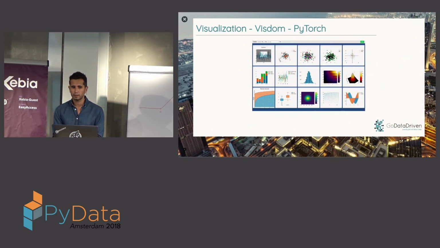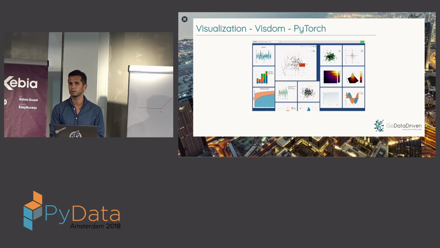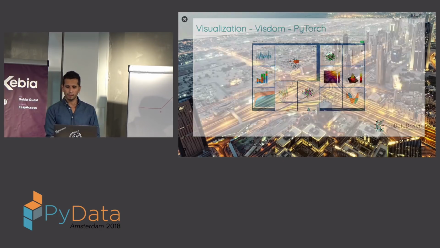From the PyTorch side, you have Wisdom, which I haven't used, but it's far more customizable. But of course, it comes with a penalty: well, you have to do it yourself. Okay. So in general,